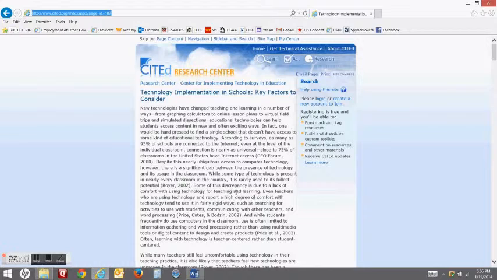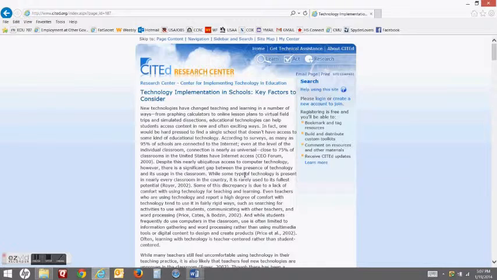Okay. So let me see, I'm going to go ahead and read through this, and it says, changed in a number of ways. 95% of schools are connected to the internet. Even Wi-Fi connection is nearly as universal.